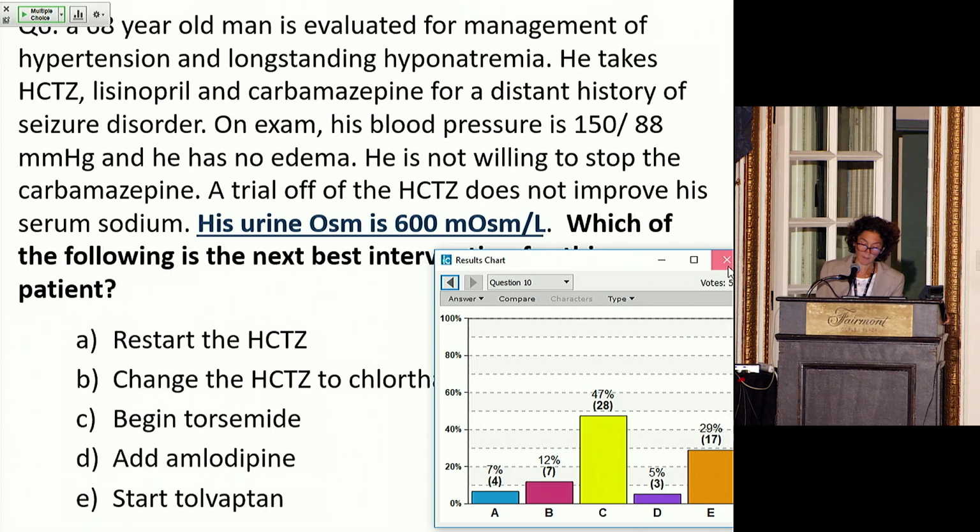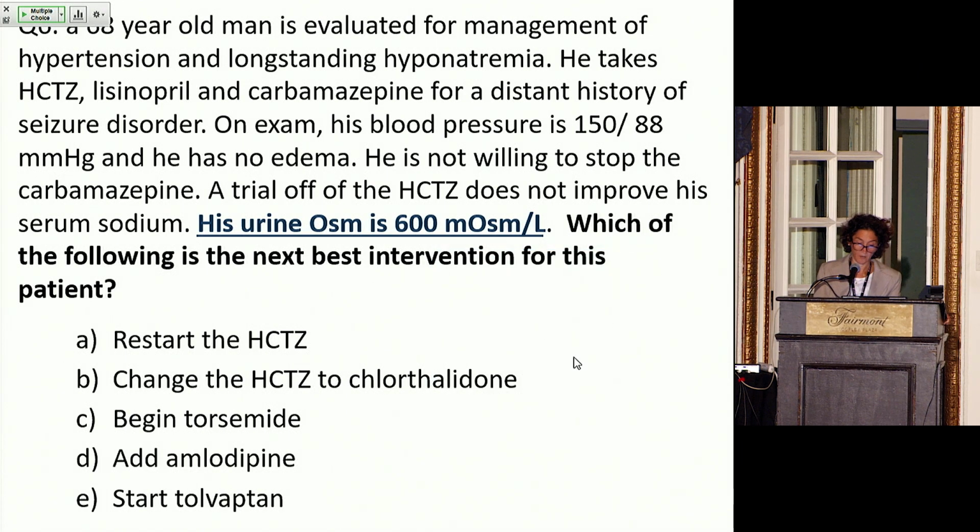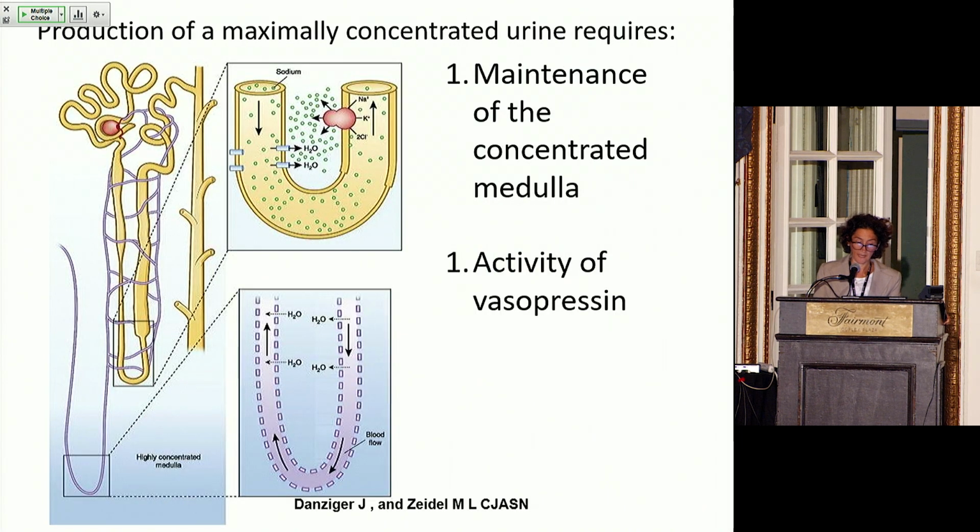So let's think a little bit more about hyponatremia, and I know you're going to have some great talks on that later. But here's the thing. In order to make a maximally concentrated urine, you need two things. You need to maintain the concentration of the medulla, and of course you need activity of vasopressin. So if the medulla is not concentrated, then you won't be able to maximally concentrate your urine. So I love torsemide for treating patients with SIADH who have evidence of hypertension because, as you know, the medulla